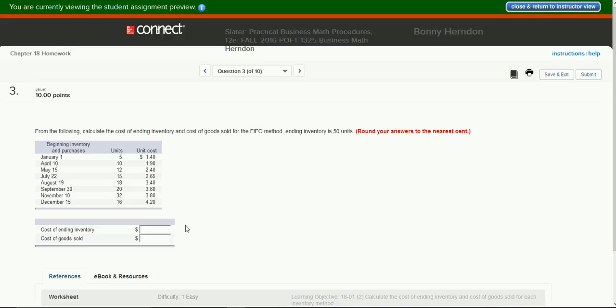Okay, what I'm going to do here, first of all, let's read the problem. From the following, calculate the cost of ending inventory and the cost of goods sold for the FIFO method, first in, first out method. Ending inventory is 50 units. If we have first in, first out, that means that the older inventory has already been sold, because these were the first ones in, so these will be the first ones out. So all that we'll have left is the most recent